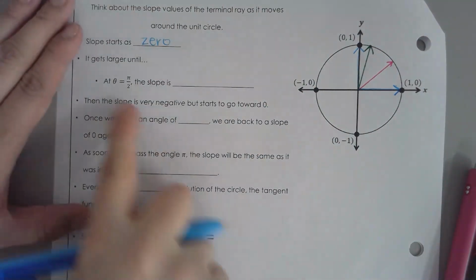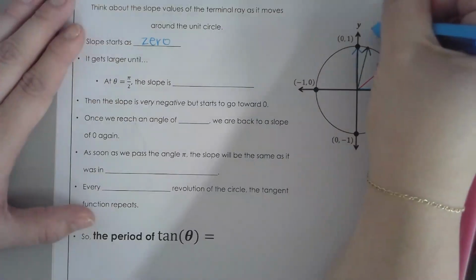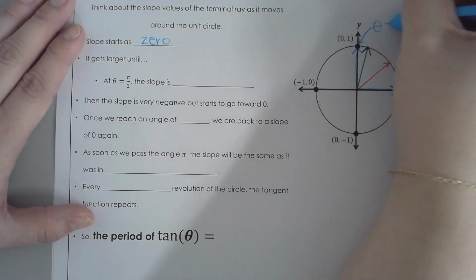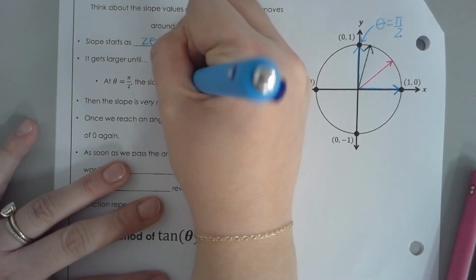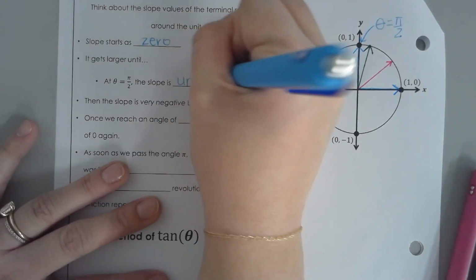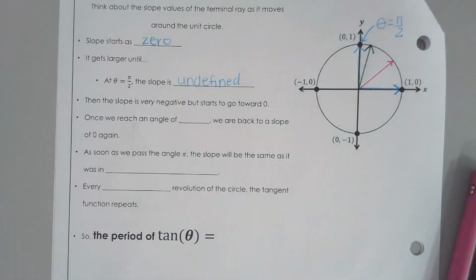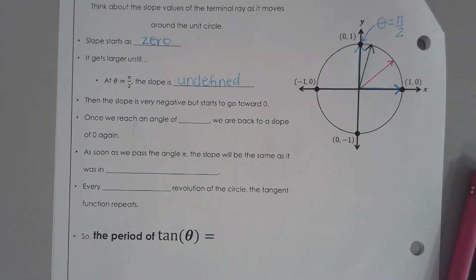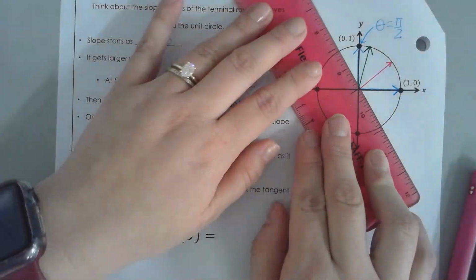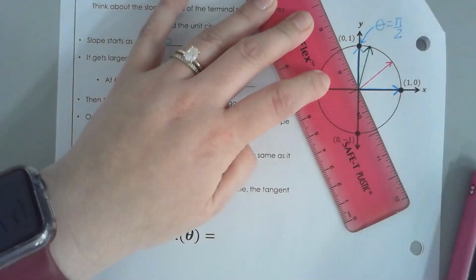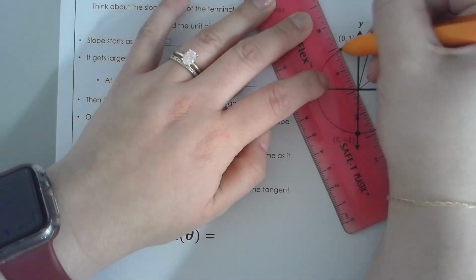So once it gets up to there, and that angle measure is pi over 2, the slope is undefined. And then I keep going around the circle. And so now my slope becomes